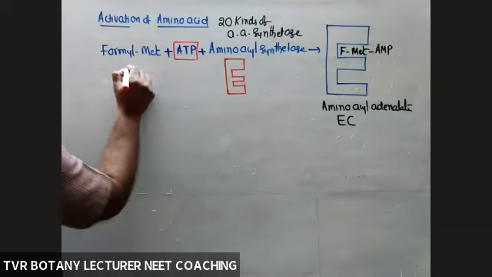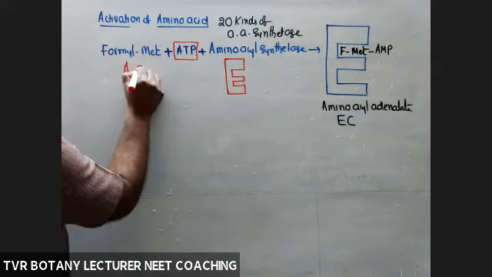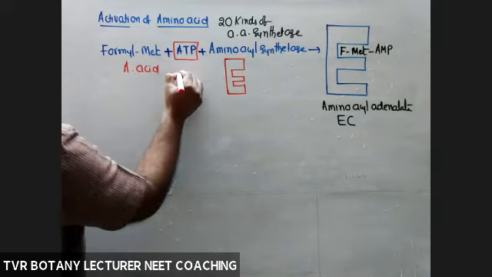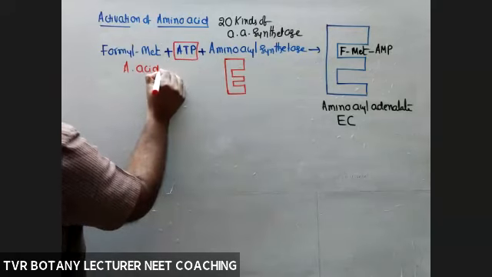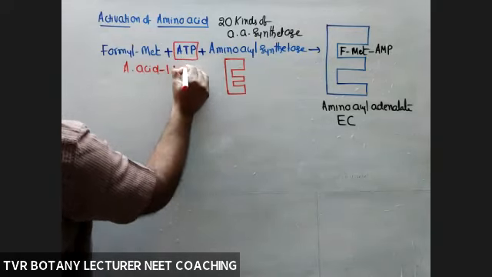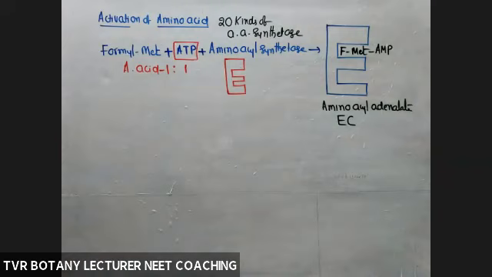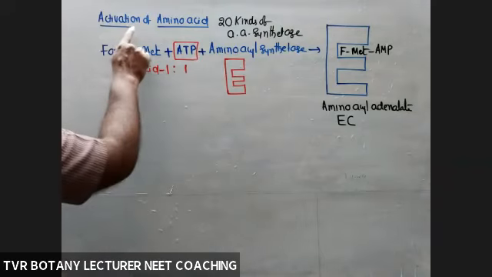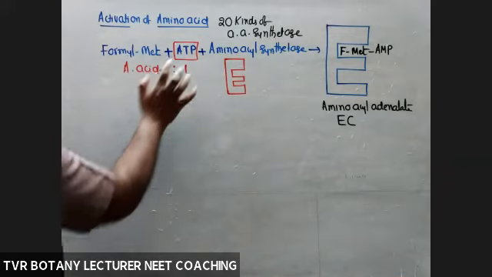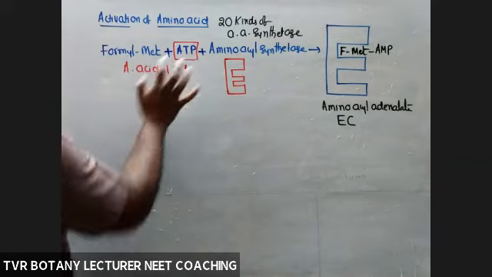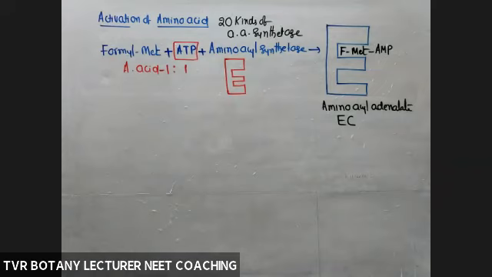So here take the ratio also, amino acid versus ATP molecules. So how many amino acids? 1. ATP molecules also 1. 1:1. Remember this one. For example, a protein with 100 amino acids. Now the question is, at the time of activation of that many amino acids, what about the number of ATP molecules consumed? Equal to that many amino acids present in that protein. 1:1 ratio.